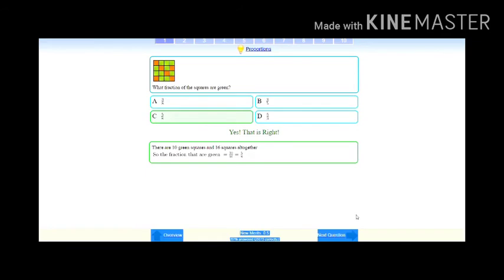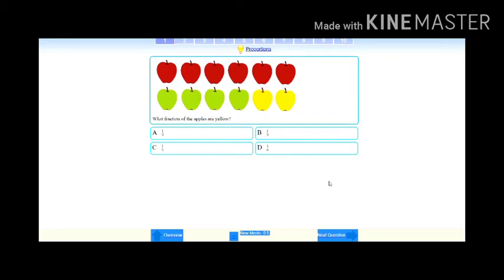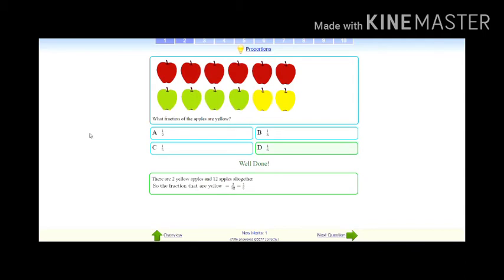So yes, this one. One over 6. 1 over 6. Okay, so that was the equivalent fraction, good mental activity. Now I will take you